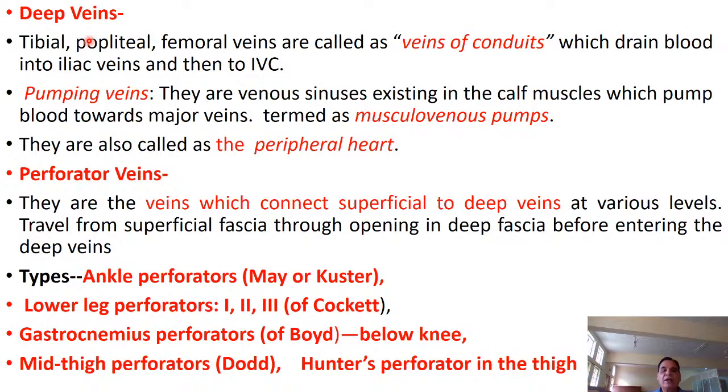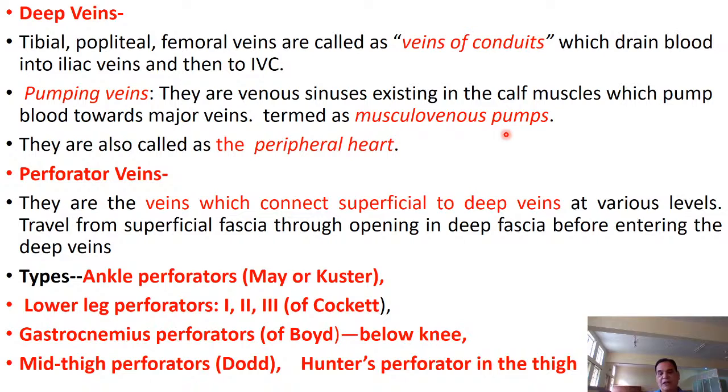This is how the venous system is distributed. What are the deep veins doing? Deep veins are tibial, popliteal and femoral veins. And they are called veins of conduit. What does that mean? They are all draining the blood, ultimately going to the iliac vein, and the long one is the inferior vena cava. The purpose of all these venous systems is to collect blood and give the blood to the IVC, and that IVC will in turn lead into the atrium. So these veins are called pumping veins, because there has to be some pressure gradient, and that pressure gradient comes from the